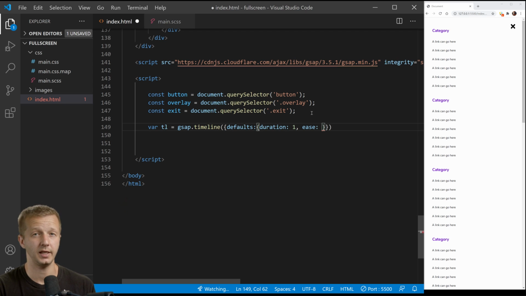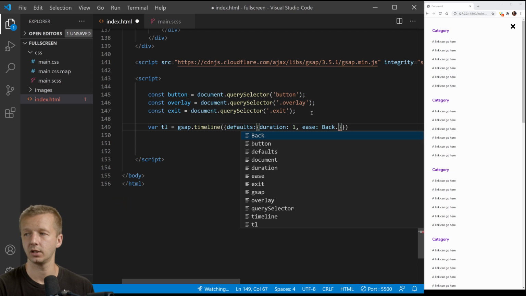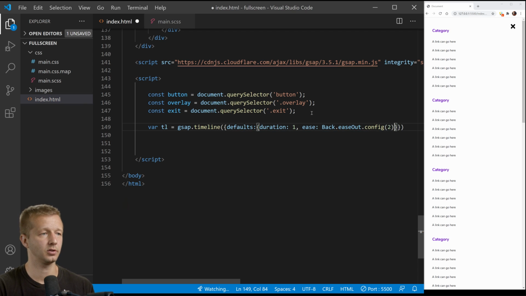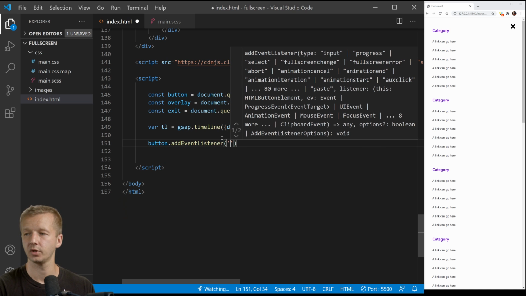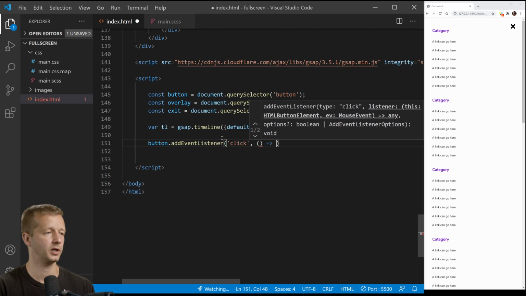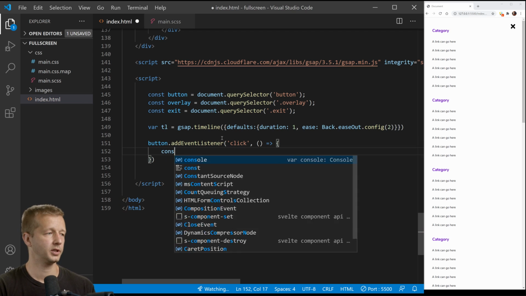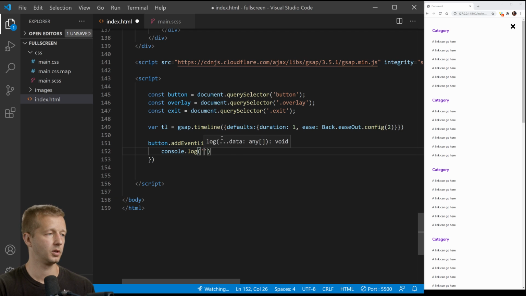If you type in GSAP 3 easings in Google, you will find all the different easings you can use. One of the ones that you can use, along with demonstrations, is back.easeOut.config(2). All right. And I think that's pretty solid right there. Then we're going to create here, well, first, before we get to that, let's create our event listeners for the button. So the button, addEventListener. We want click, arrow function, and inside of here, we can just console log yay,